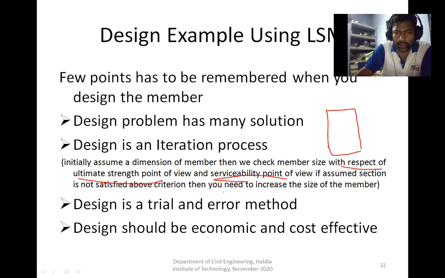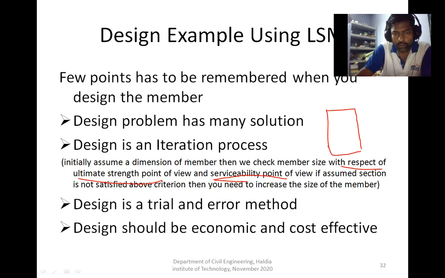Again you check, and if it is not satisfied, you again increase the section. In this way finally we arrive at the suitable section.